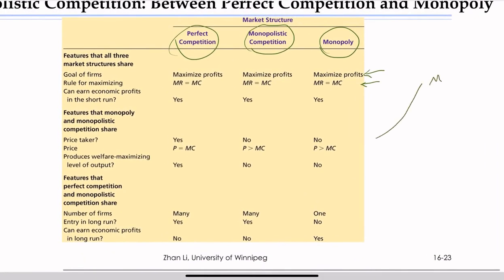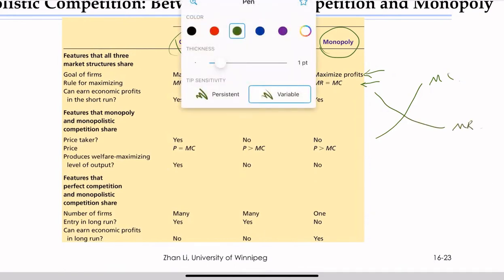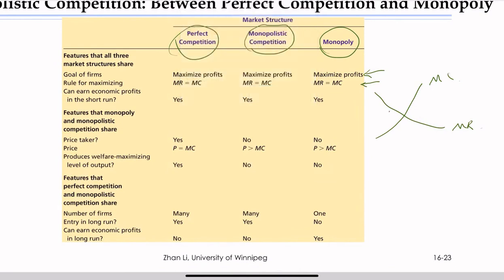Let's say this is marginal cost. This is marginal revenue. Essentially, you can see that if you have a quantity, right? If your quantity is here, you can see that marginal revenue is larger than marginal cost. It basically means that you should continue to increase your production because the benefit from the additional unit of production is larger than the cost from the additional unit of output.